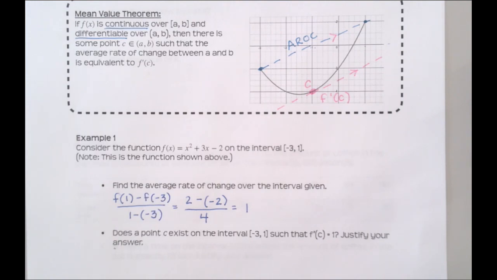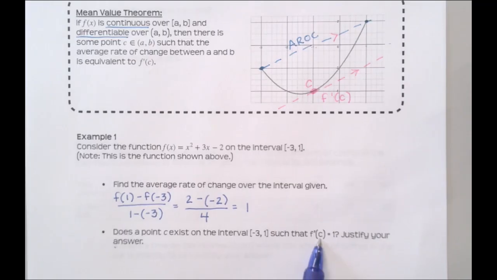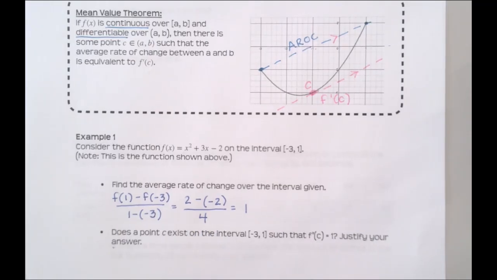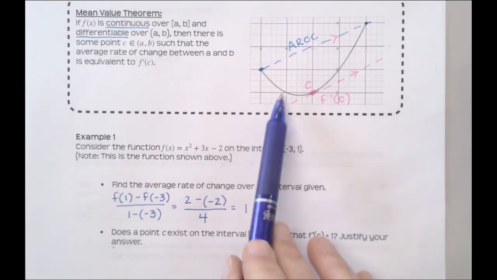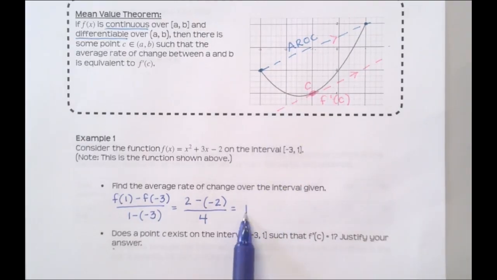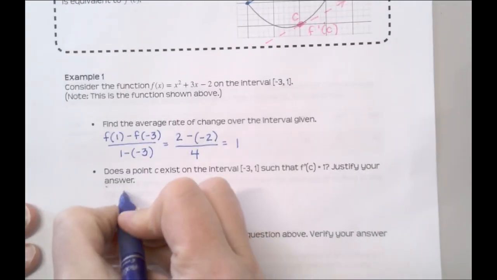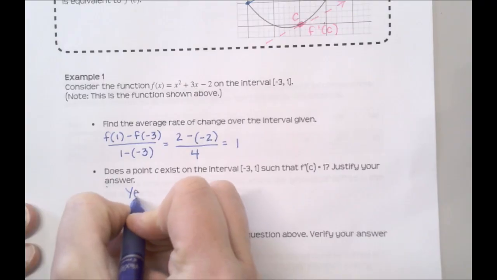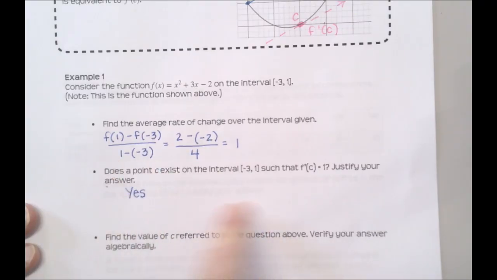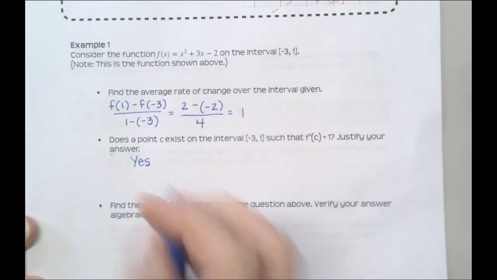Okay, does a point c exist such that the derivative at c is equal to 1? Well, that's what the MVT says. It says that if I'm on a closed interval with a continuous and differentiable function, there has to be a point where the derivative is exactly equal to this average rate of change. Okay? So, yes, this point has to exist. We are justifying this using the mean value theorem. So we have to think about those conditions, right, of the mean value theorem. So I would say yes,